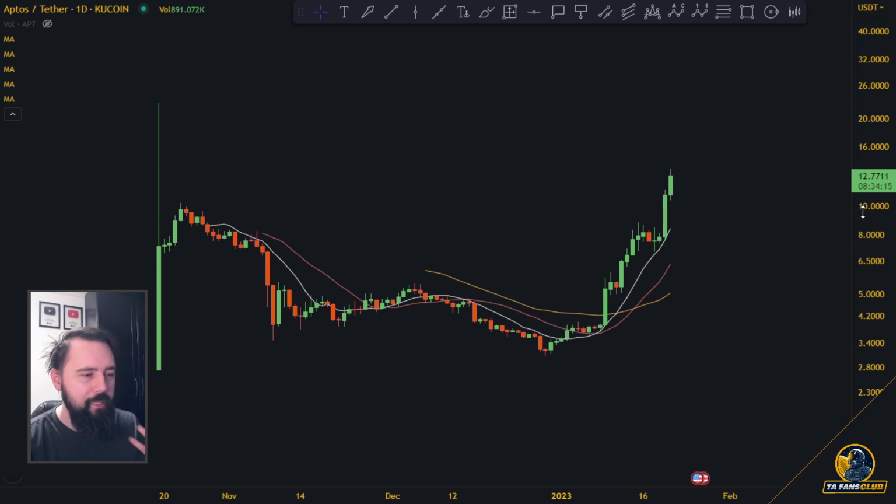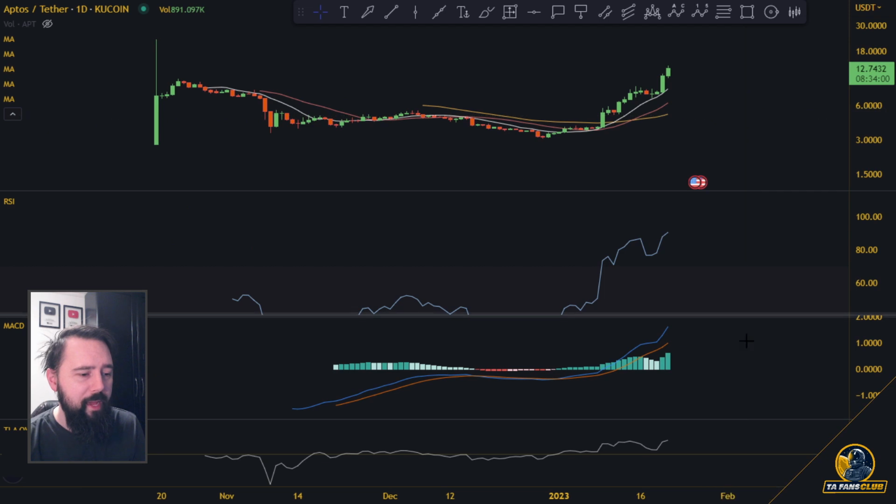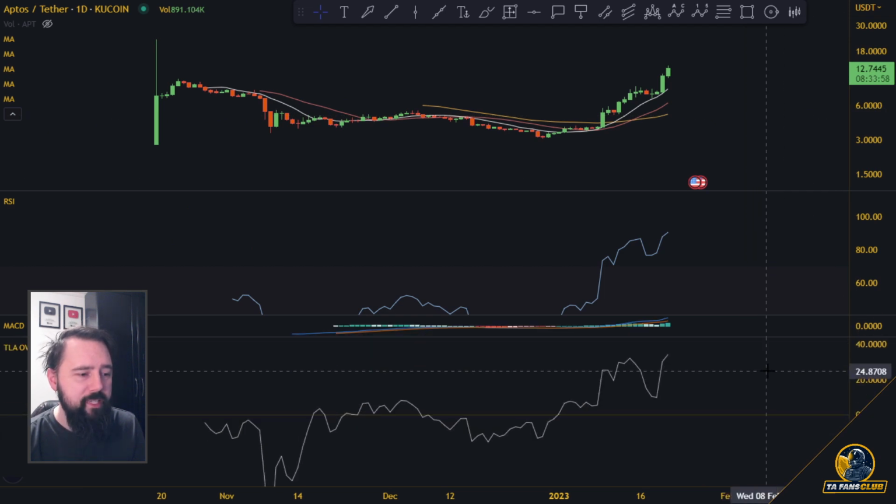You need some kind of indication that it's hitting some kind of resistance, it's getting some kind of divergences, the momentum is going down, and right now I'm going to show you that there is literally nothing on Aptos right now telling me that this needs to pull back for whatever reason. The only thing why it should pull back is because it's getting a little bit overextended, maybe towards the upside